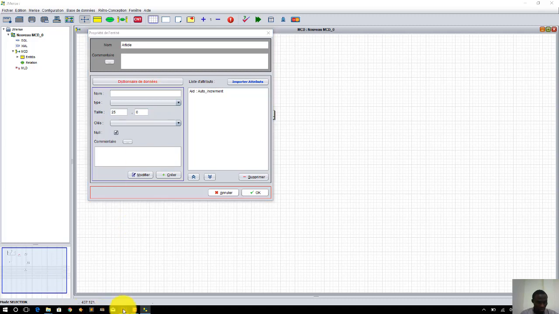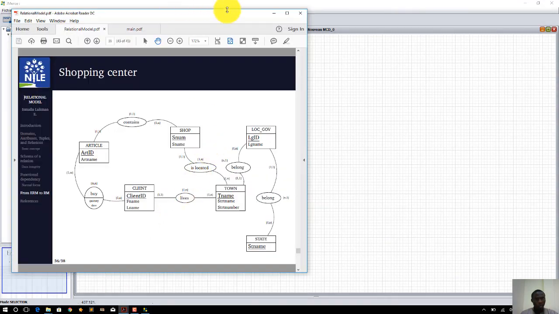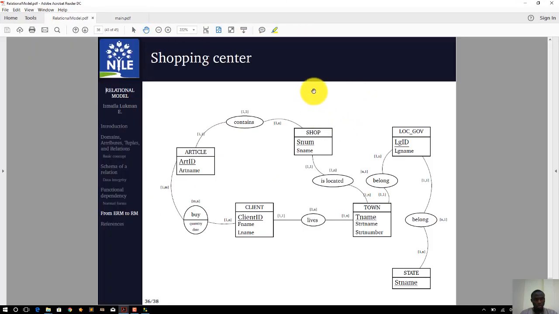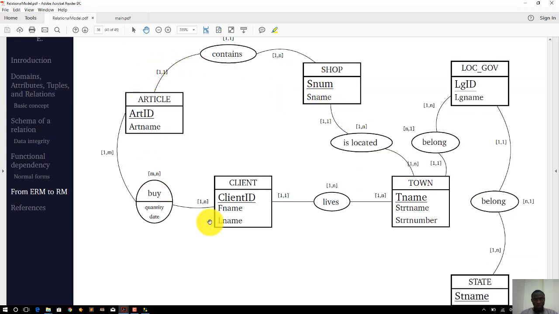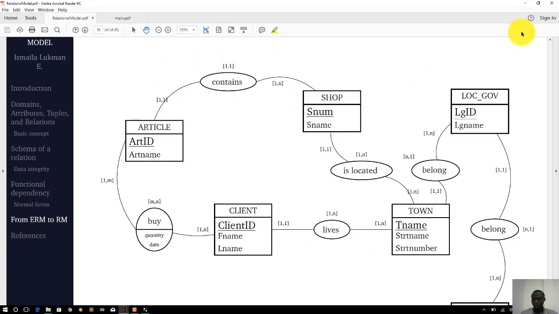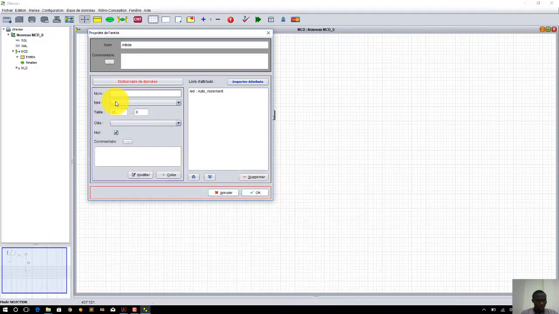Remember, all this has been in this diagram that we have had earlier. If you watch closely, this is the diagram for the ER basically. So we're going to try to represent this. So in this case, we have article and client, and so we're in the article now. We've talked about the article name, so a name,